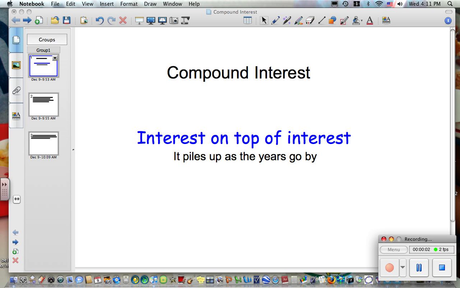Today we're going to be talking about compound interest. It's quite a simple concept, especially if you already know how to calculate simple interest. With simple interest, you use the formula multiplying the principal amount that you've invested times the interest rate times the number